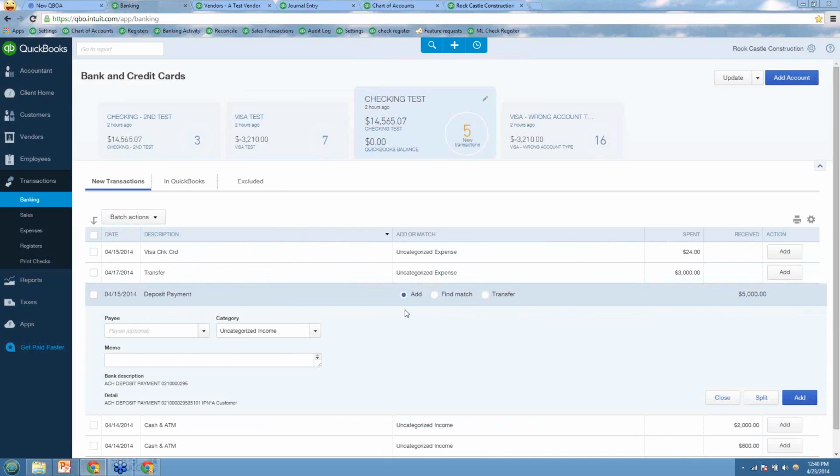So if I click on it to open it up, adding it adds a new transaction. That means there's not anything in there yet. Finding a match means I've already entered something in QuickBooks, and I want to match this transaction to it. So this is where you've got to slow down and think about the workflow and think about what you're doing